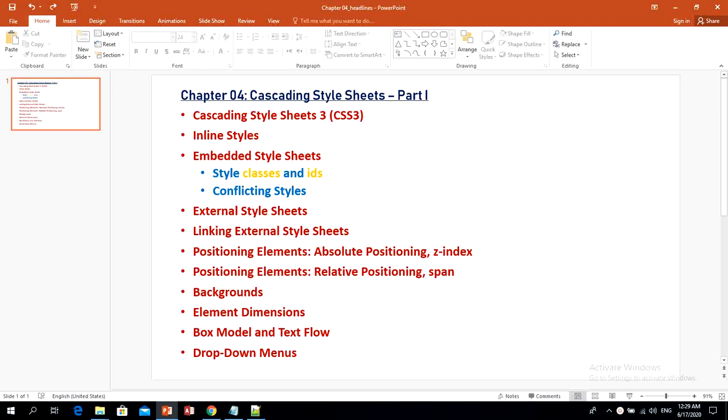This is chapter 4, Cascading Style Sheets, which we will cover in two chapters. This is chapter 4, and the next one is the advanced features of CSS3, which is chapter 5. In chapter 4, which is CSS part 1, we will consider the following